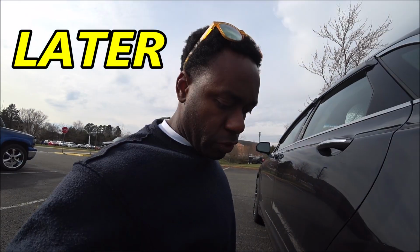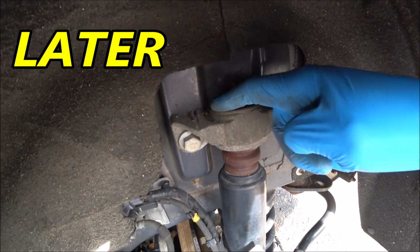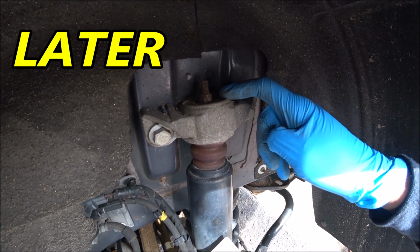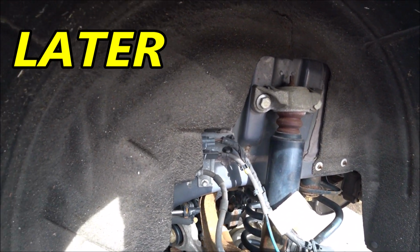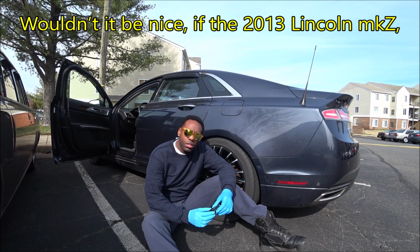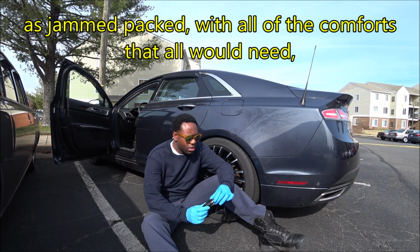And I'm back, guys. It may not be the shock strut mount at all, because as you can see, there's still a lot of meat in there. The bushing within this portion is still there. Yeah, maybe it was loose, but yes, I tightened it up. But I think the clacking is coming from...